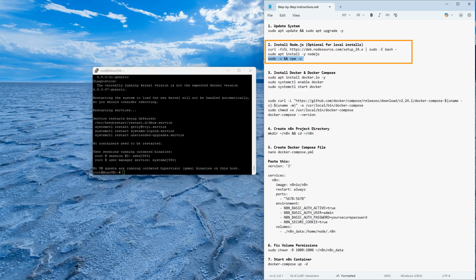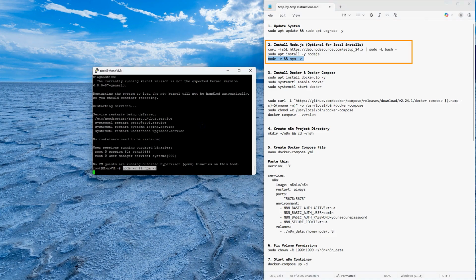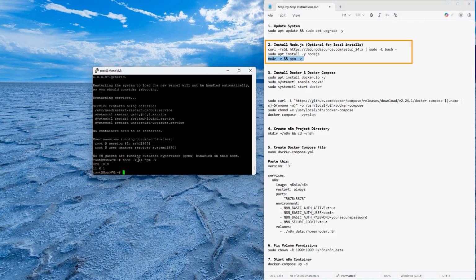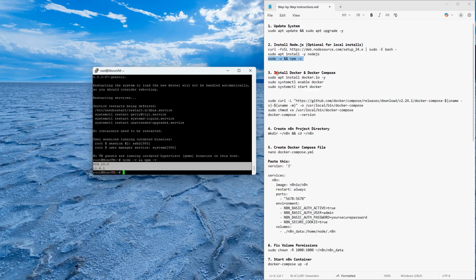To verify that everything has been installed correctly, run the following command. Expected output will be Node.js version 24.10.0 and npm version 11.6.1. As a next step, let's move on to Docker, the core technology that will let us run n8n in